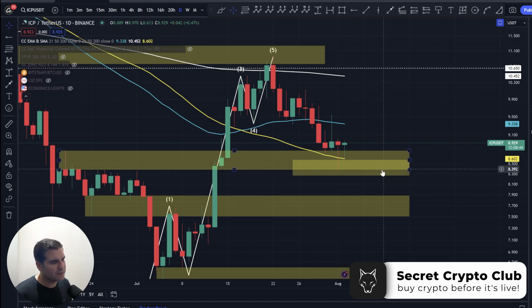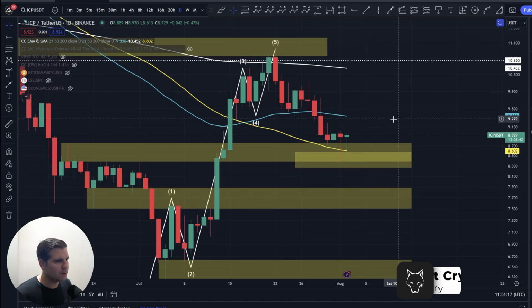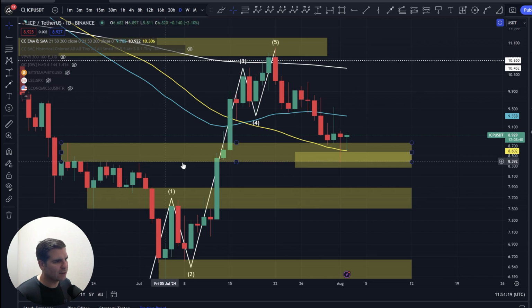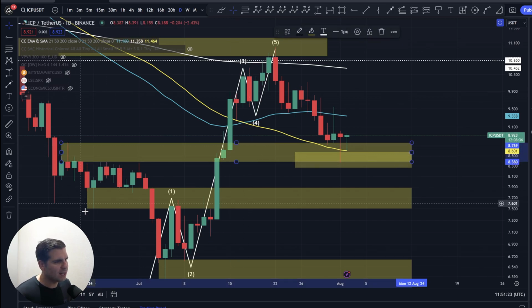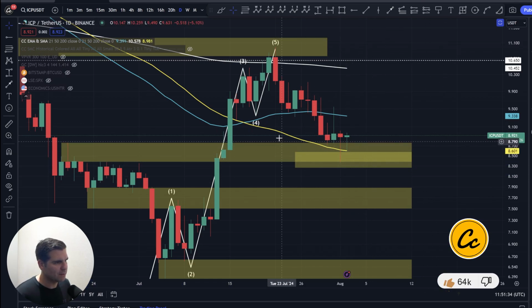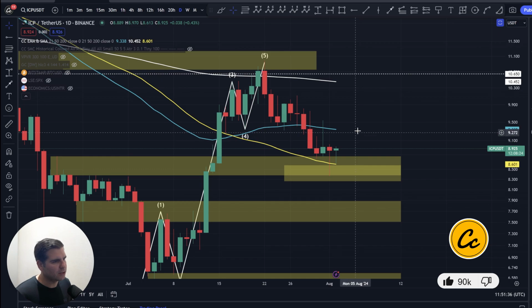The good news is the 50 SMA is holding as our support at the moment, right inside this previous area of resistance. This is what we were talking about before. Ultimately, this range right in here coming in at $8.38 to $8.76.9 was previous resistance. We've come down and we've retested it. It is now our support range, but there's no guarantee that it holds. But it is looking okay at the moment.